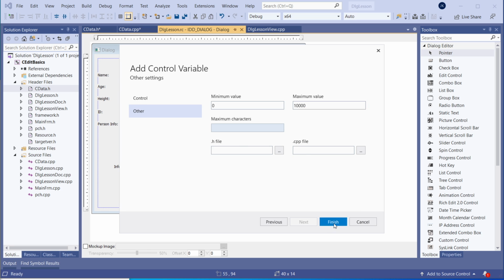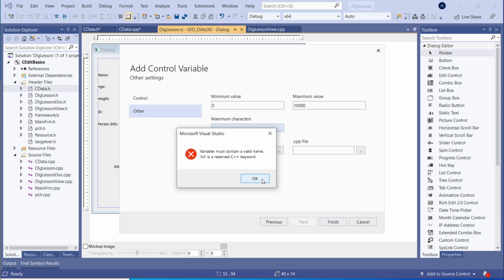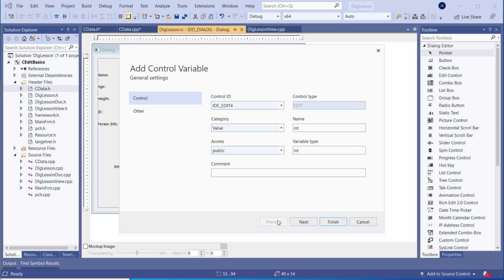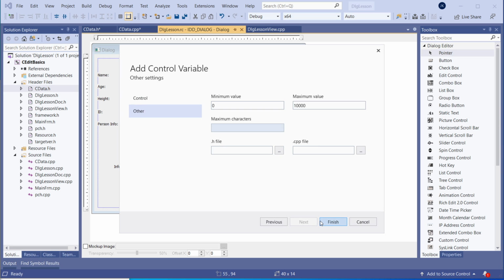Okay, so what is it saying? What did I do wrong? I don't know why I put int there. So that's going to be ID. Next, and then